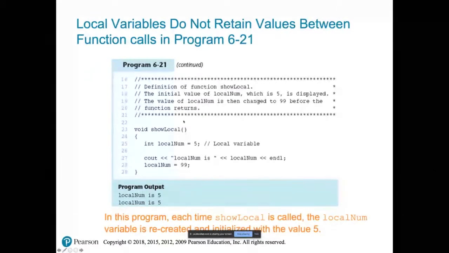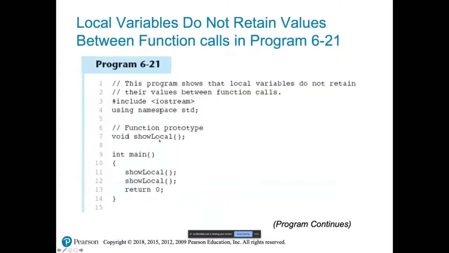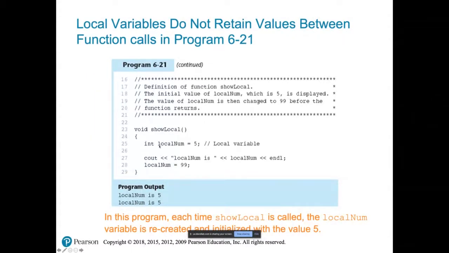And here's an example when you do local call. Int local call displays 5, then local call changes it to 99. But when you call it again, it displays 5 even though we're changing it. As you can see, local variables come back. However, if we do it as static,